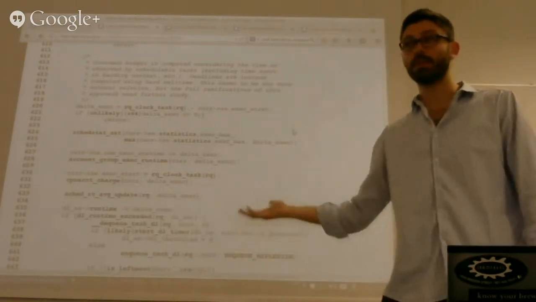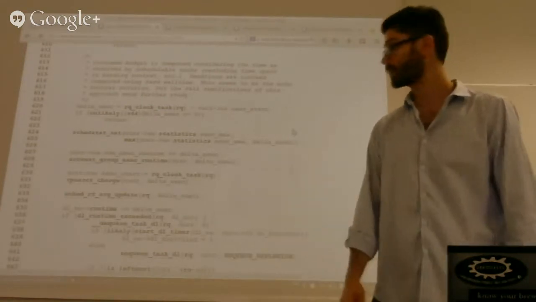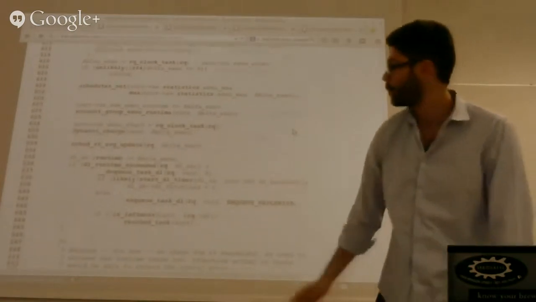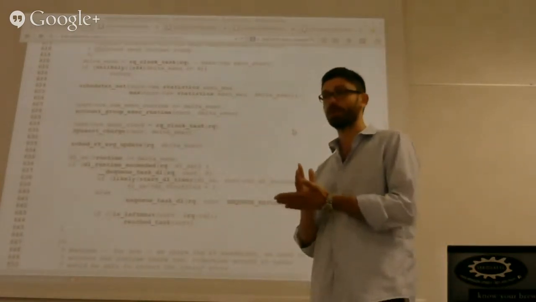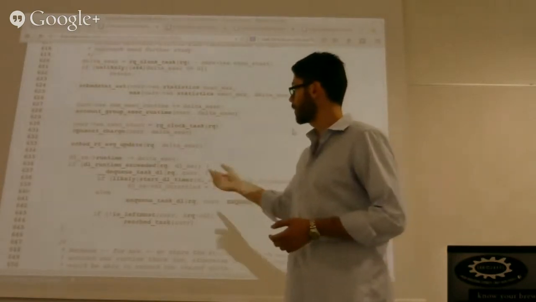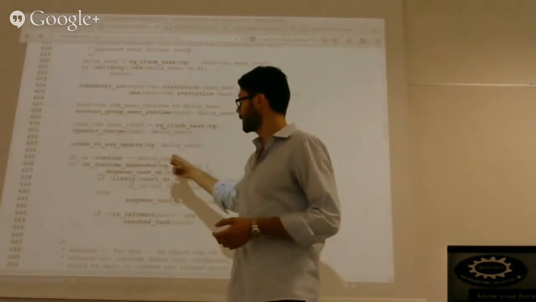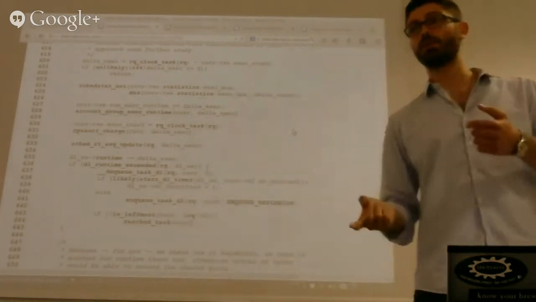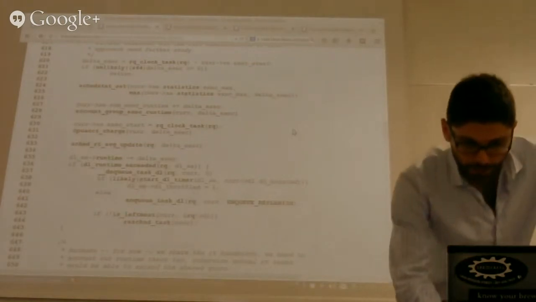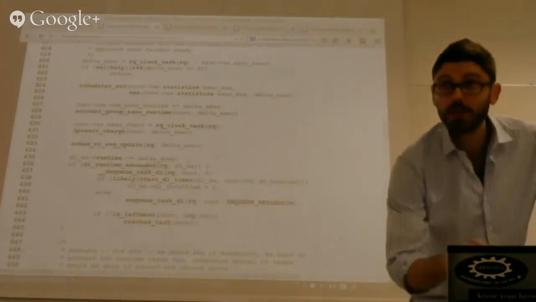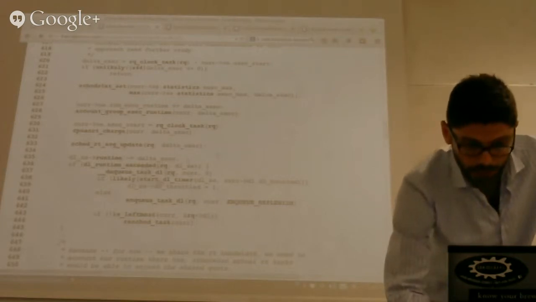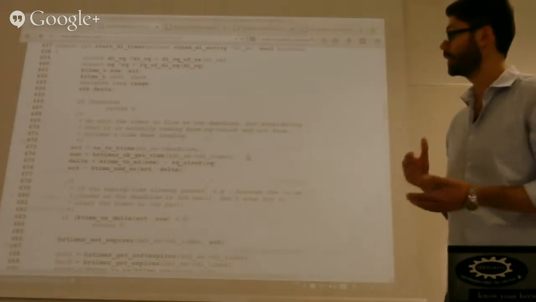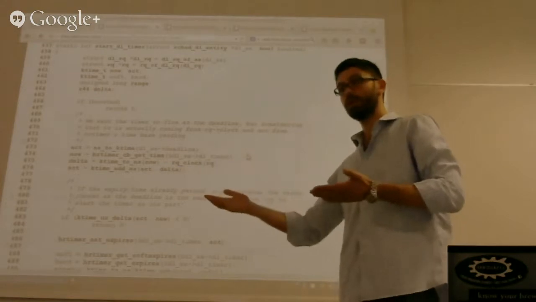So basically every millisecond you get one millisecond less of execution time. And here is where we implement the throttling mechanism. Because once you have decremented the runtime, you check if you actually exceeded your allowed runtime. And if you actually exceed it, you call this start DL timer that actually sets an HR timer